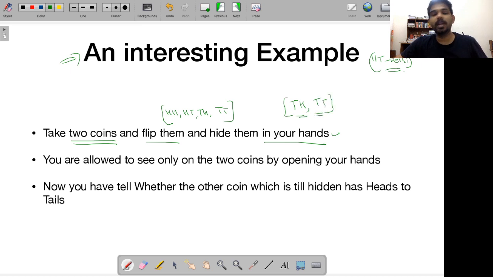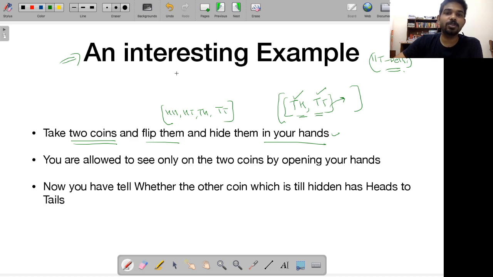So now the challenge is, without opening this hand, with 100% probability, you should tell me whether it is tail heads or tail tails. Now you might ask me, there's a 50% probability that I would be wrong, but I'm telling you with 100% surety, you have to tell me that. Can you really do that? These kinds of counterintuitive things are possible in the quantum world.